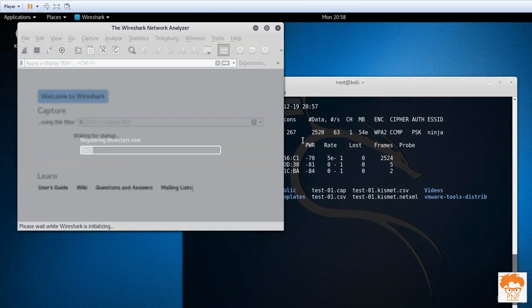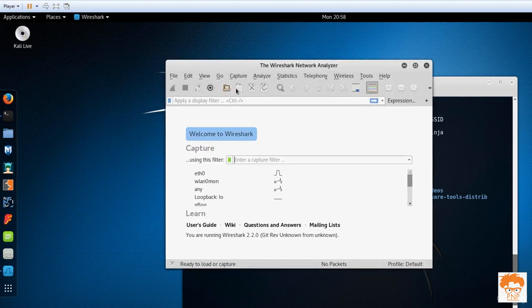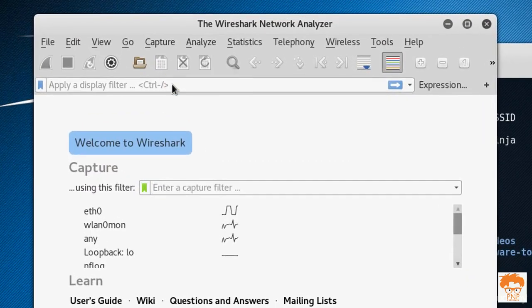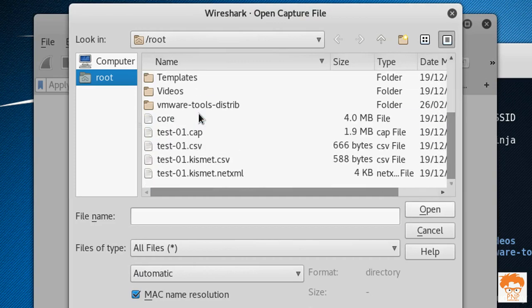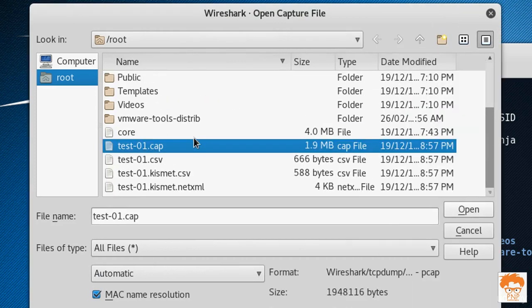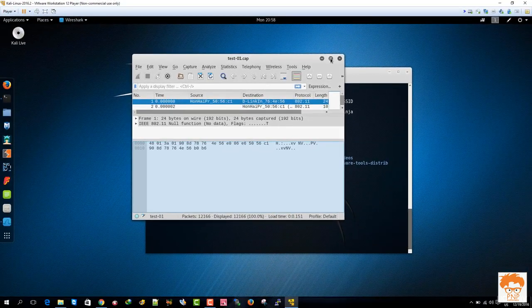Hit enter. Now it is taking a bit of time. And there we go. Now it is loading the modules. Now it is giving us a warning, so let's click on OK. Now what I'm going to do is give it a file and click on this icon, that is open a captured file, and we have captured the file called test, and to this Wireshark we are going to give this file, that is test-01.cap. Open this file. So when I click on open,